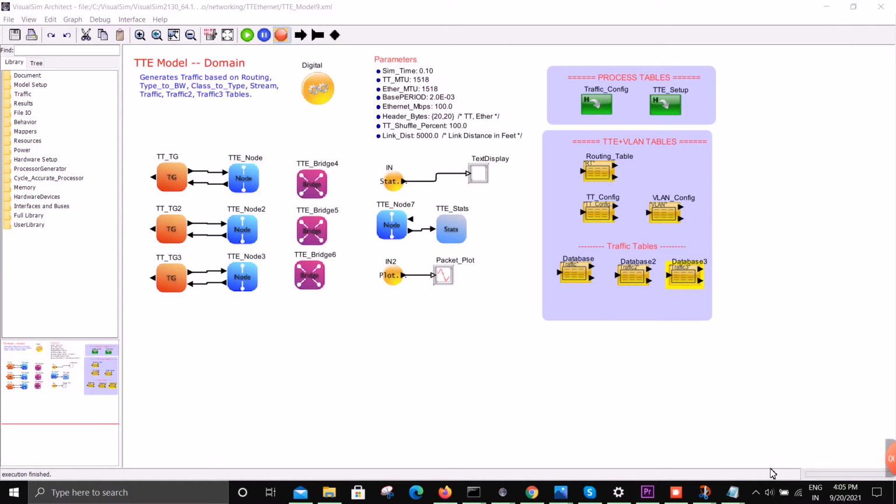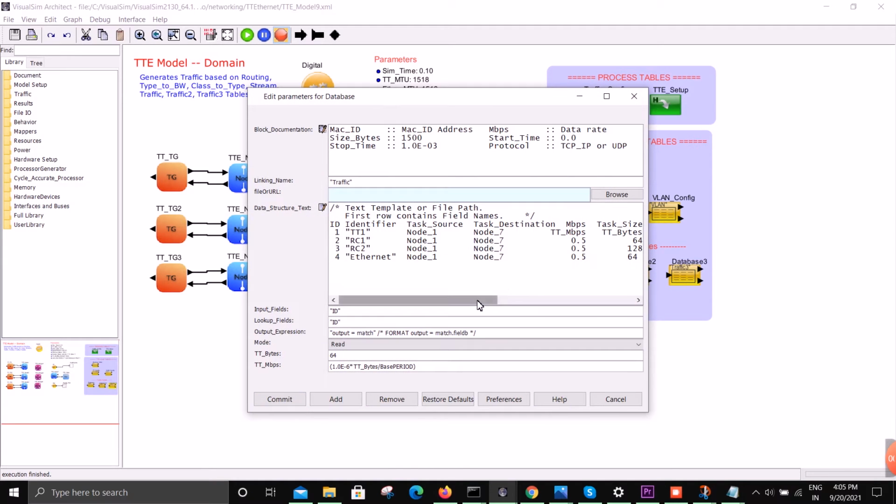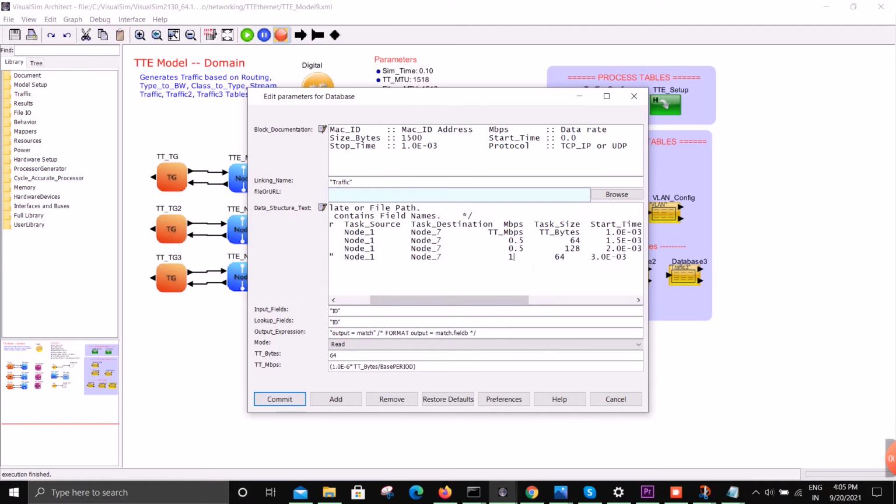In TT models, to reduce the latency, we always have to calculate the timings according to the task completion, the task size, and the bandwidth allocated. So if you randomly increase the task size and the bandwidth, it will surely affect the latency. So I'll see how it does. I'll increase the task bandwidth to 10 Mbps and the size to 1024 bytes, and similarly I'll do it for the others also.